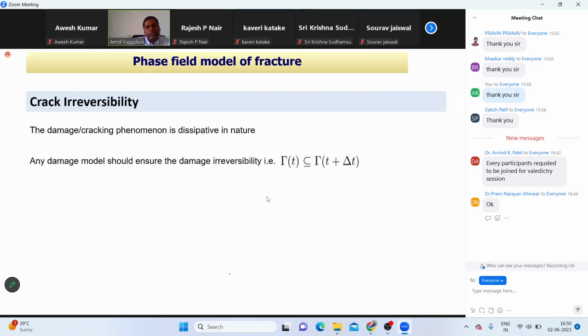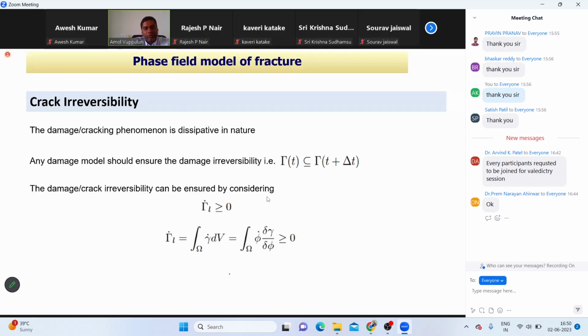Any damage model should ensure the damage irreversibility, which means that the crack surface area either remains the same or it will change its area, increase its area. Okay? Which means that gamma dot has to be greater than or equal to 0. And gamma dot is nothing but the volumetric integral of,